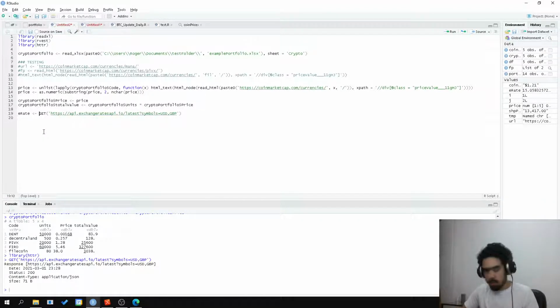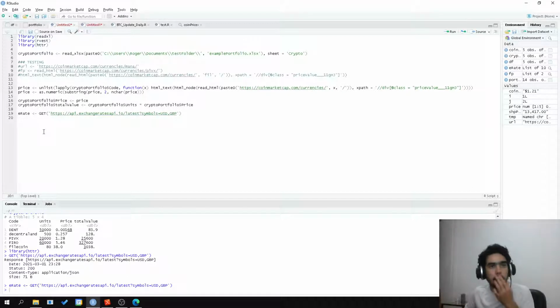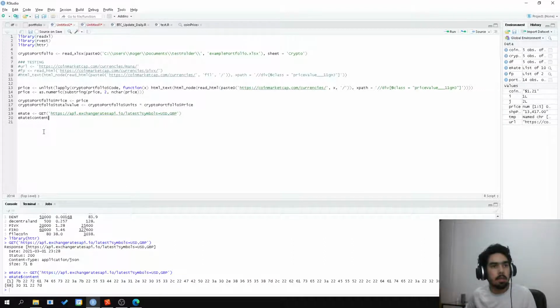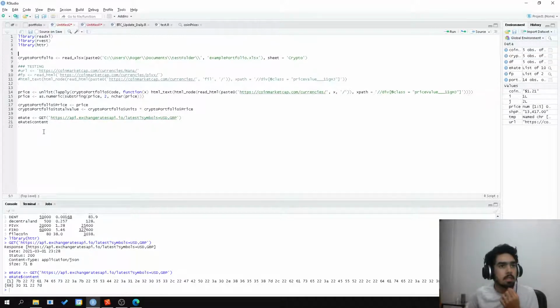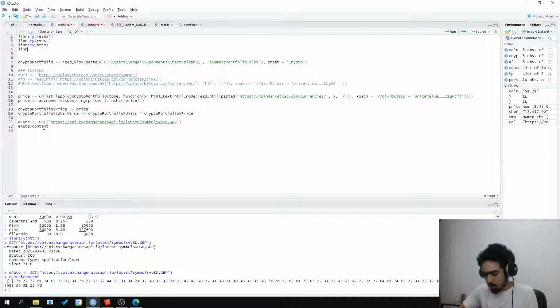So let's get that. P rate. Okay, we've got that. We need to get this. It's probably in JSON. Is usually